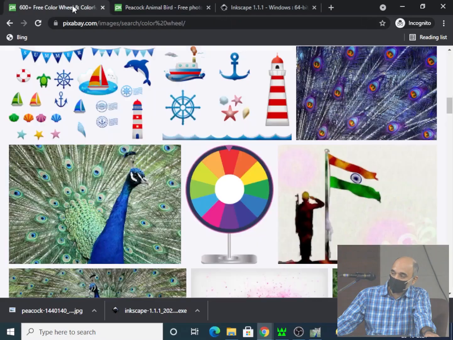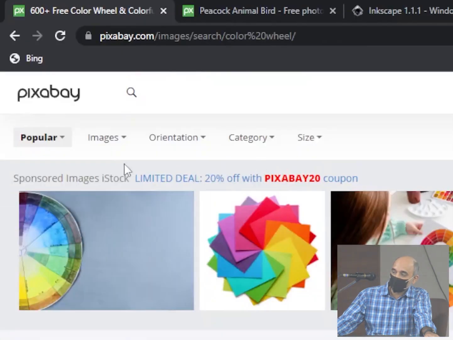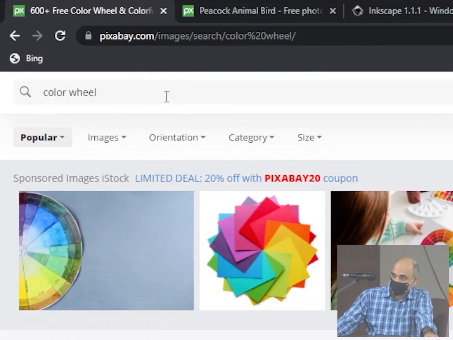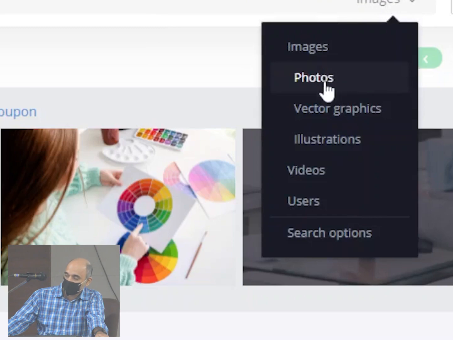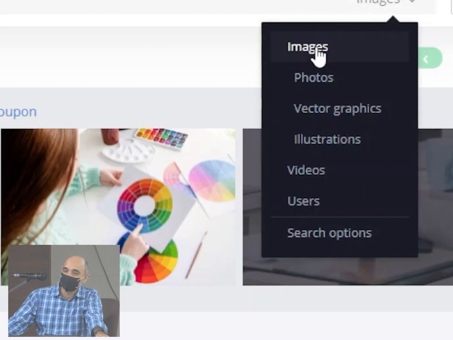When you go to search, there are multiple options, like what is that you want, image you want, or you want to download something else, what is the size of that image that you are looking for. So there are multiple things, and you can search on the image that you actually require. And you can select from images, photos, or vector graphics, illustrations. There are videos also recently introduced, but there are a lot of these things that you can use from Pixabay.